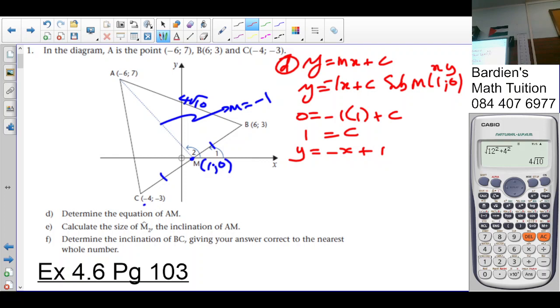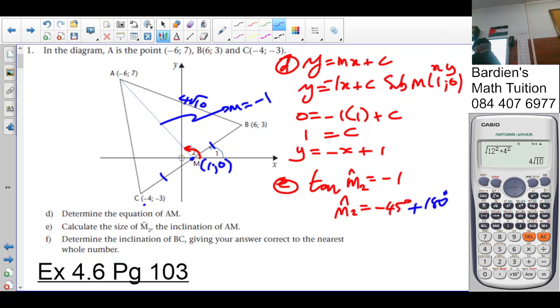E. Calculate M2, the angle M2, the inclination of AM. So M2 is this angle there. How do you calculate the inclination? I use tan of theta, which is M2 equals -1. So angle M2 is equal to arctan of -1, which is -45 degrees. Then what do I do then? We add 180, which is